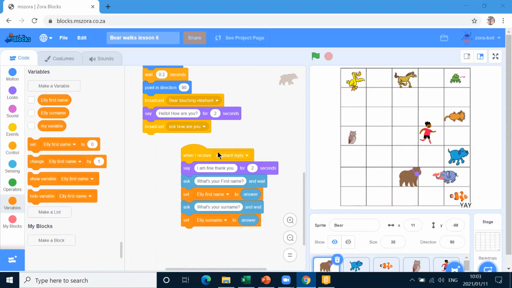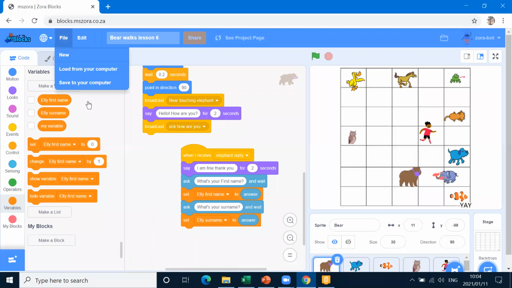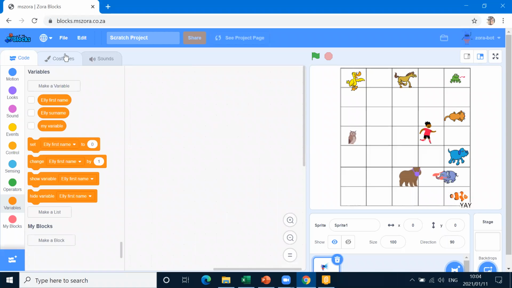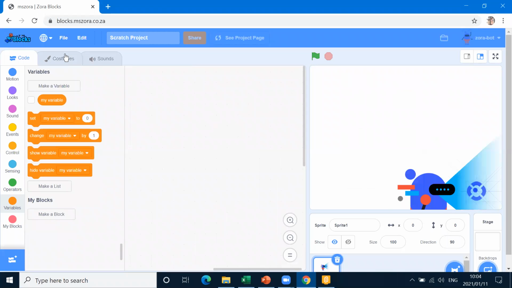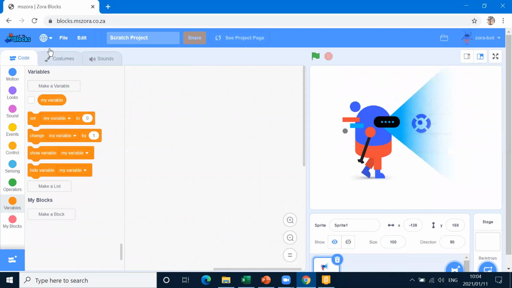What we're going to do is a bit of revision, because I know that we had a problem. Some of the children were getting lost because of the fact that we were jumping into this broadcasting and so on, and when I receive and broadcasting. So I'm just going to make a new program. Just remember that if you make a new program, you go File, New, and then your previous program that was there will be gone. So you have to make sure that you saved it before you went to File and New. So you're making a new program now,